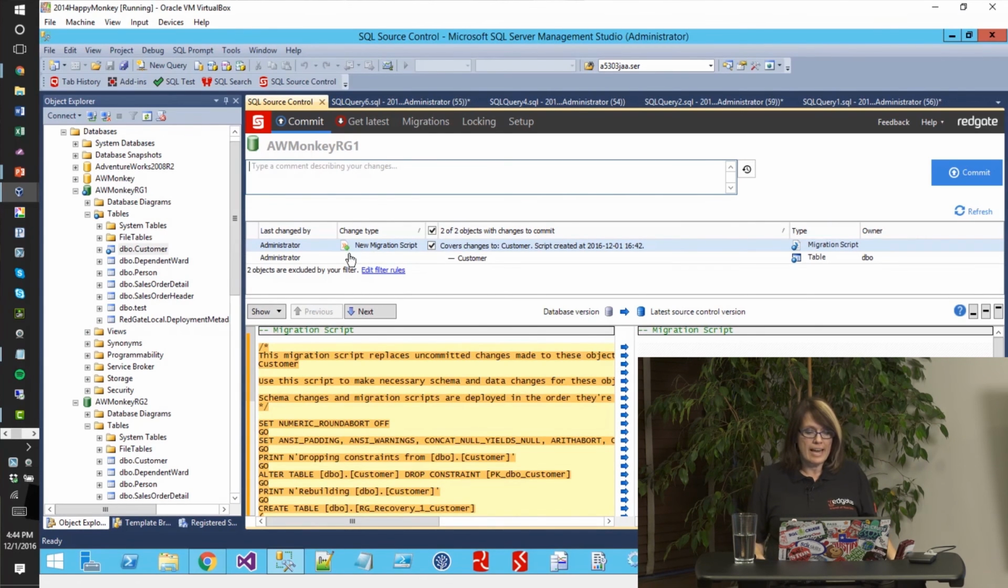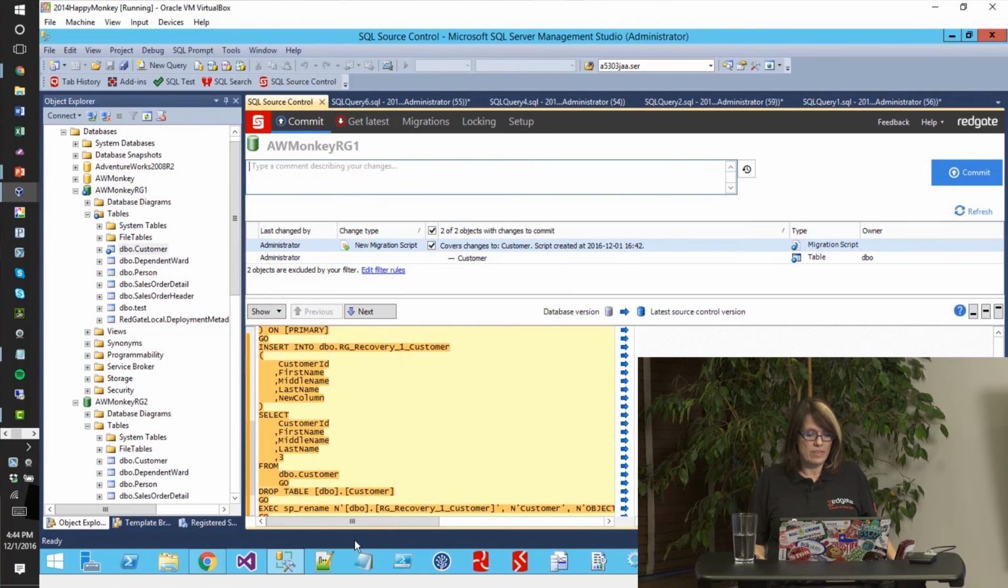So now I see I have a new migration script. It includes the customer table, and it has everything that we are doing. And there's my insert script with my number 3. So now I can commit it. Migration script